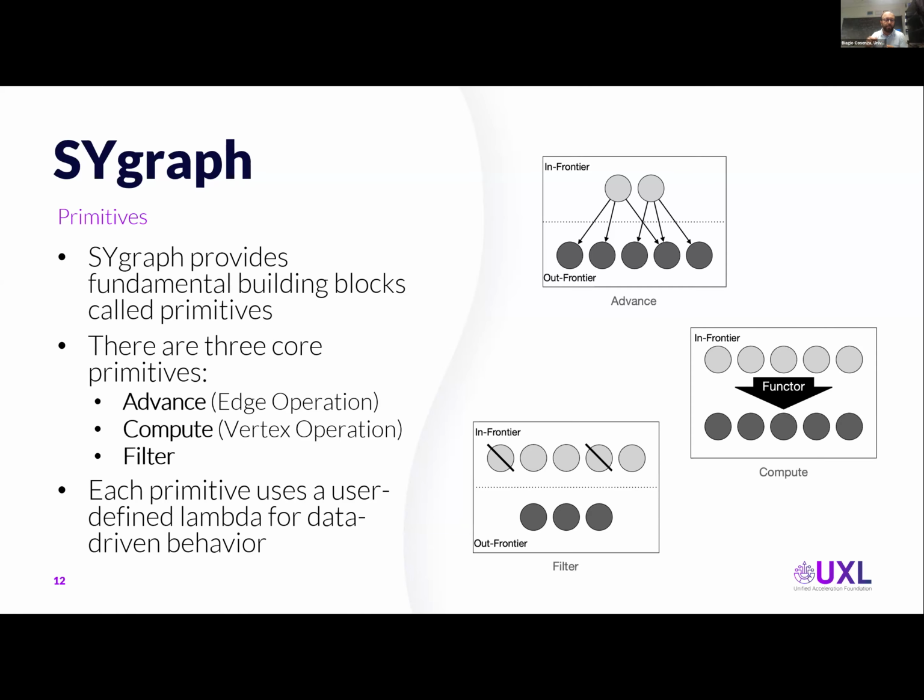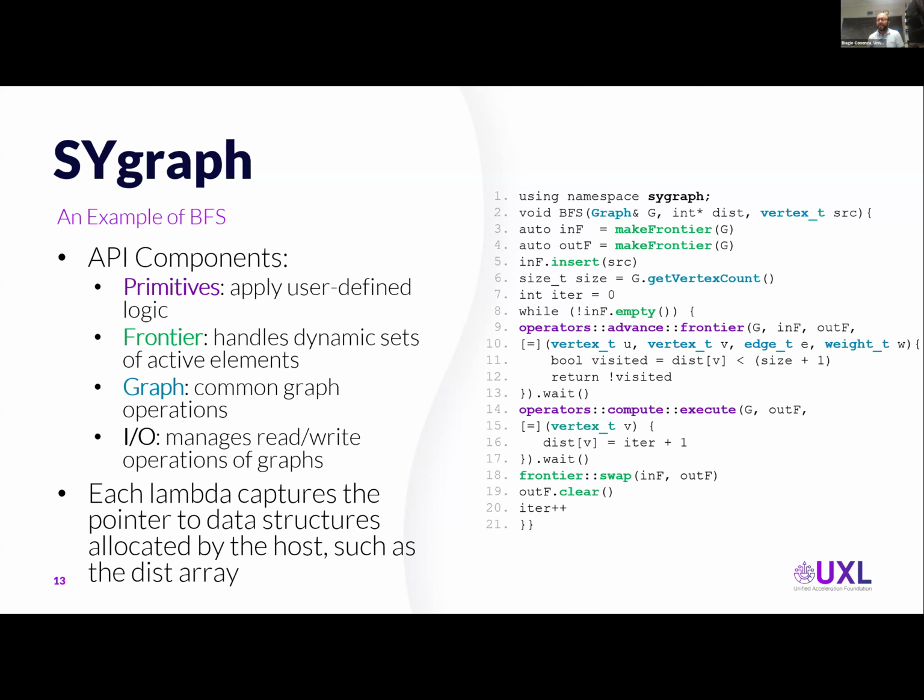If we are doing a BFS, we can update the distance vector. And finally, in the filter, we decide which nodes we keep in the frontier for the next iteration. So typically we remove some nodes from the frontier, and we progress in our algorithm. If you think about that, all algorithms can be defined around those three primitives, and so we have an API that allows you to do this. This is a BFS algorithm, the code you see here on the right. This is SYgraph code. The BFS takes as input a graph, an array of distances, and